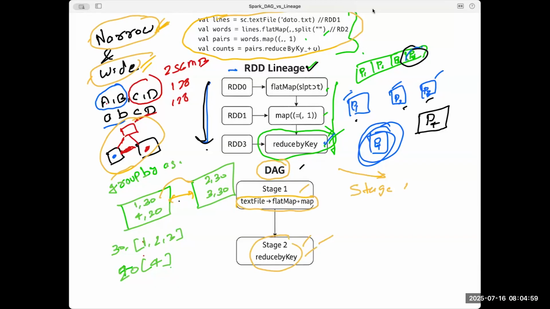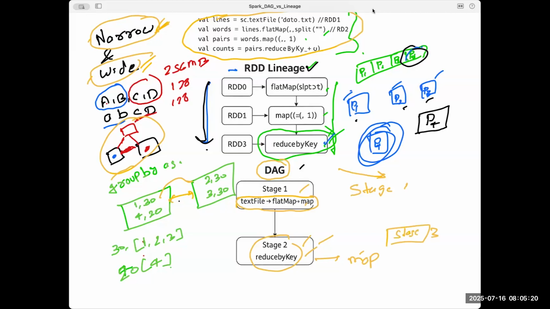It is not like that, see, let's suppose that after reduceByKey, I am also doing map on it. So I cannot segregate this map and this map. Then let's suppose I have another map on top of it. Then it will create one more stage, like stage 3, where it will do map.